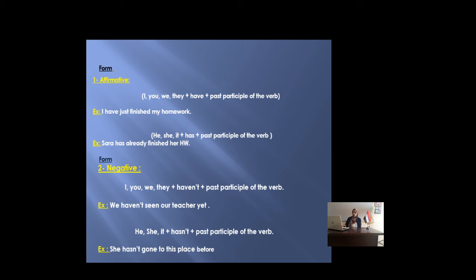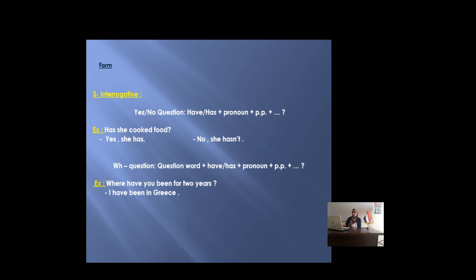Let's go to the other one that we have here. It's slide 7: the interrogative form, which means the question form. As we said, we have 2 types of questions. We have yes or no questions, which means we have to start with the helping verb. And then we have WH questions, which means we have to start with a word like where, when, what,